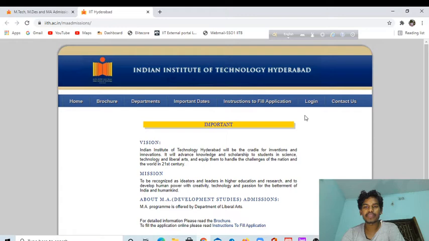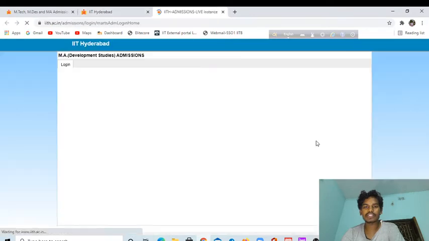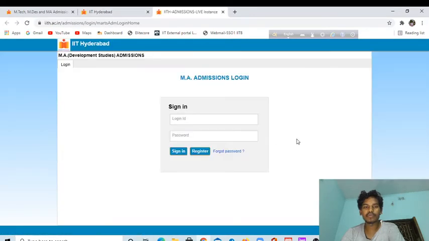Now I will show you, this is the login section. For the students who want to apply in this department, you will get many opportunities after the 2-year program. And guys, all of you know that Hyderabad is a very developed city in our country, so you will get placement. Don't worry about the placement, you should apply in this IIT.